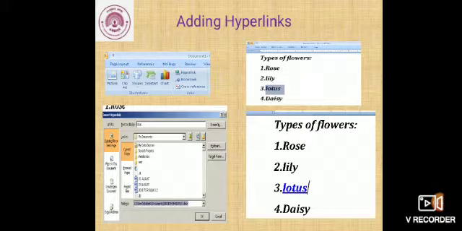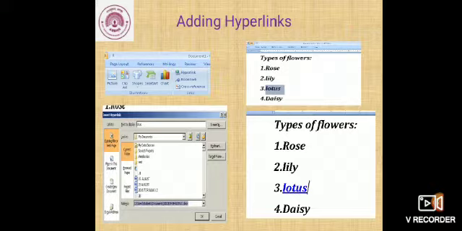Now see, besides the illustrations group, you have the link group and that you have the hyperlink. You will click on that and in Word type anything you want. For example, I have taken types of flowers, that is rose, lily, lotus, daisy.